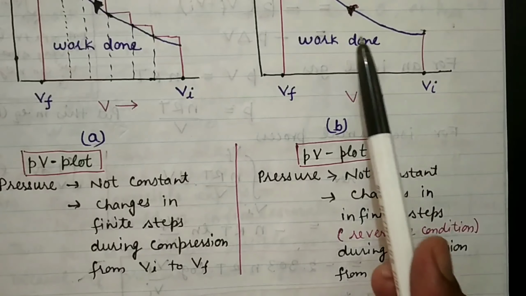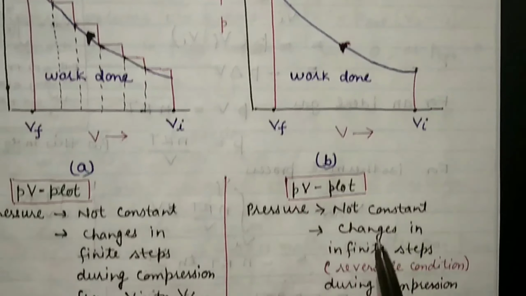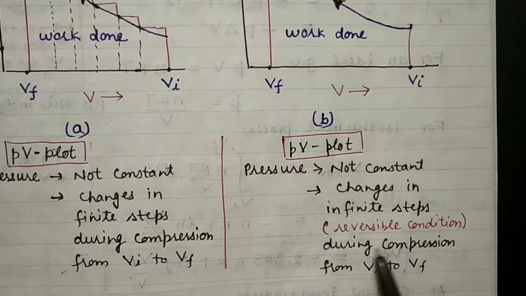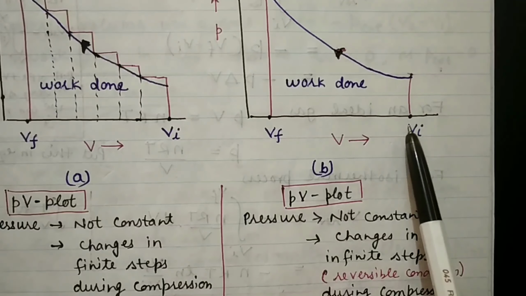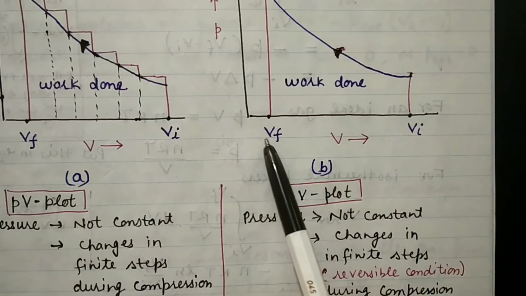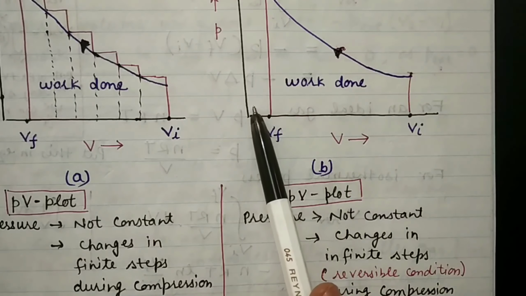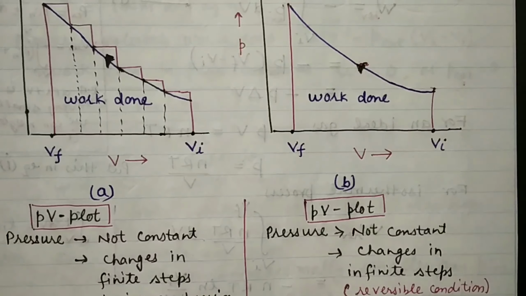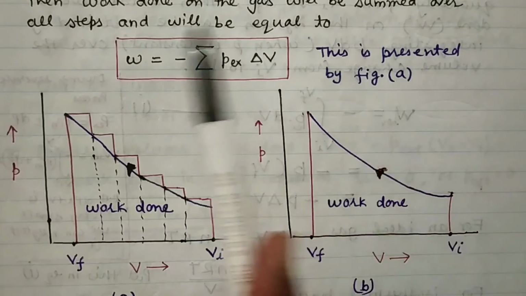But here in this case we are taking the changes in infinitesimal steps, which means this is a reversible process during the compression from Vi to Vf. This is the initial state, and this is going to compress. When the volume decreases, the pressure increases as per Boyle's law. So here we will get that the work done on the gas will be summed over all the